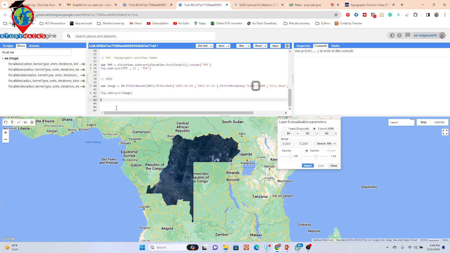And now I want to make the NDVI. Mainly, I want to extract the vegetation map from here. So for that, just take a variable. Suppose I just put a variable name, suppose NDVI,